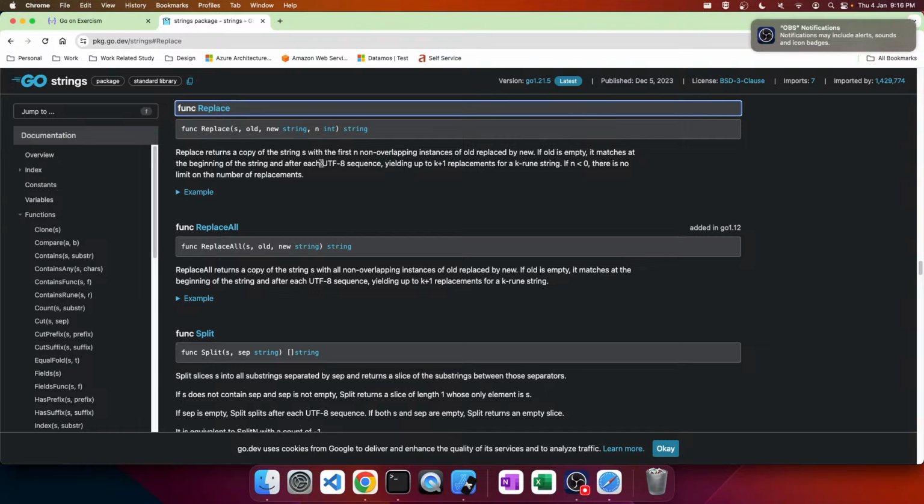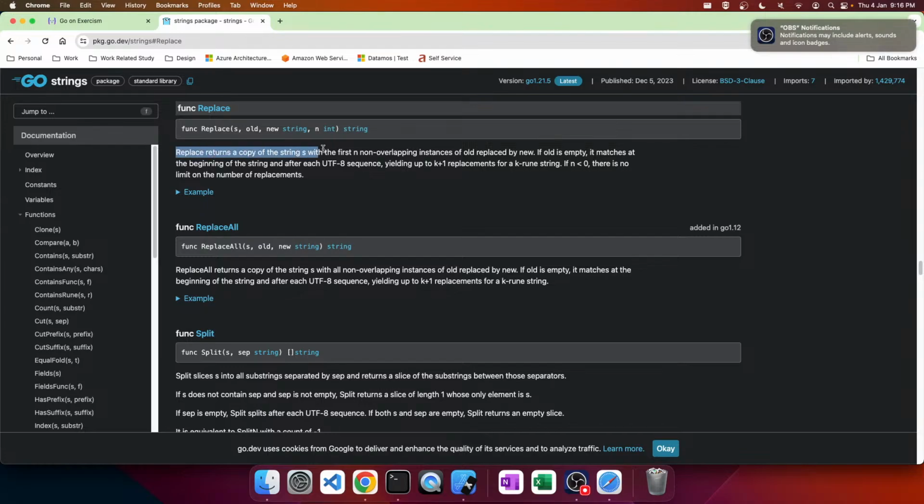Okay, here we go. So this is a good place to start if you're ever stuck as well. When you're learning a new language, go to the documentation and it'll give you some guidance on the different functions that are available in different libraries. So this is in the strings package. Replace returns a copy of the string S with the first n non-overlapping instances of old replaced by new. If old is empty, it matches at the beginning of the string and after each